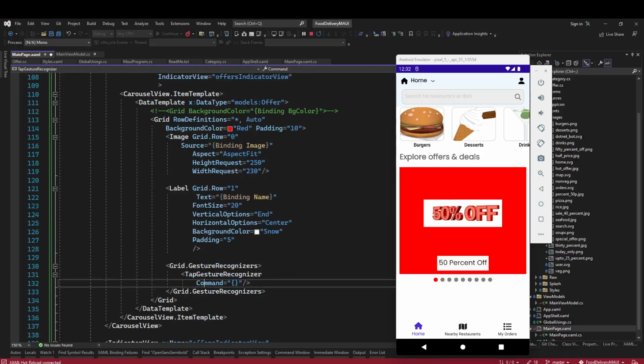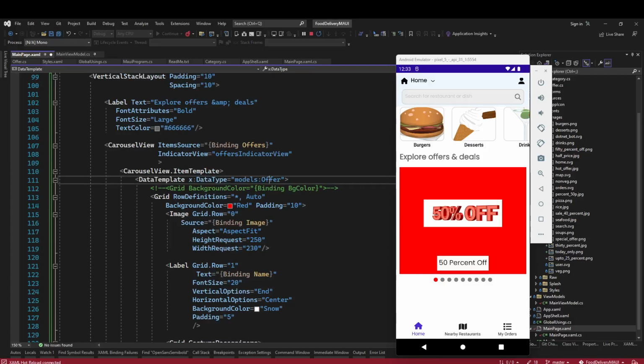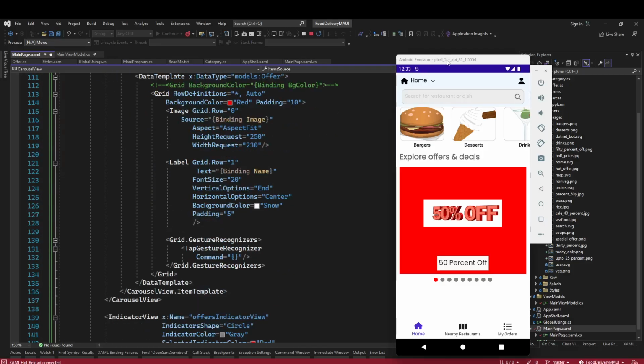But for this container, the binding context is this offer property, one of these offers, right? So in order to use the command from the view model, we need to add a